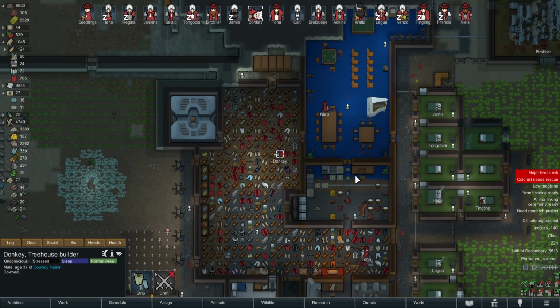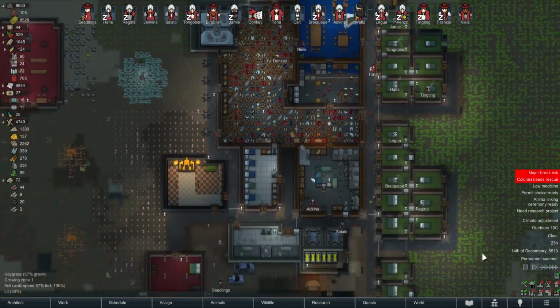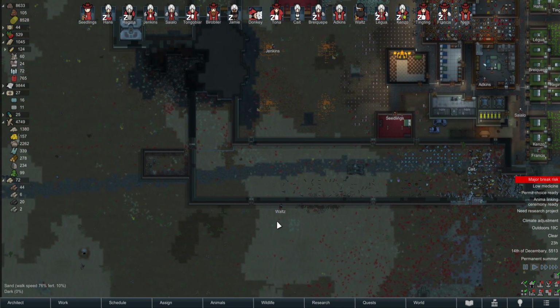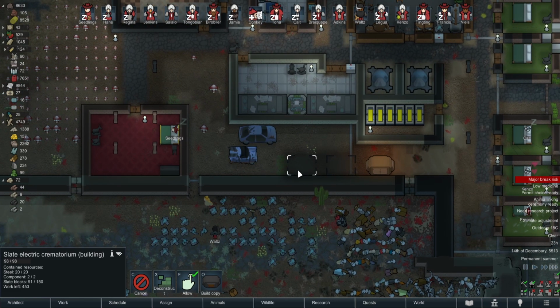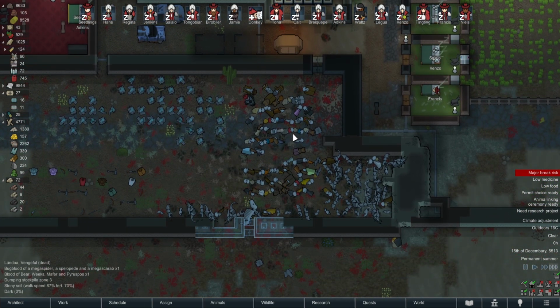Colonist needs rescuing Donkey. That's because we did the psychic thing just so Donkey wouldn't use drugs. It's getting addicted to drugs at this stage is going to cripple us for the fights later on. Right, blocks have been getting made, but we've been using a lot for the crematorium and stuff like that. And for all the walls and whatnot, so...